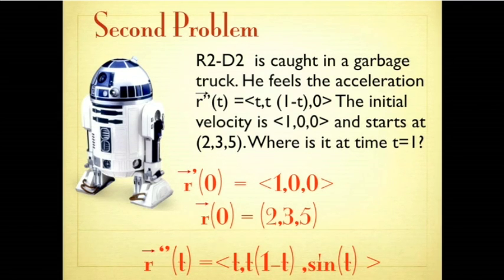This is the problem. So we start with this here, just to show you something. So we have R2 prime, just write down R2 prime of t. And in this case, it is just t. And it's always nice to multiply out: t minus t squared, and then we have sine of t. And then we integrate, right? So we get r prime of t: t squared half minus t cubed third, and here we get minus cosine t.